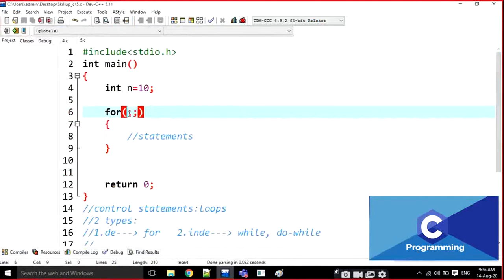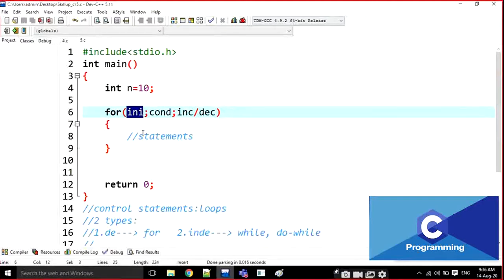This is the initialization block, this is the condition block, and this is the increment or decrement block. How is it going to work now? The initialization block is going to be executed only one time. Note it down.